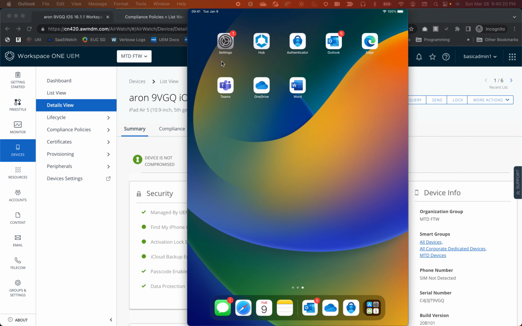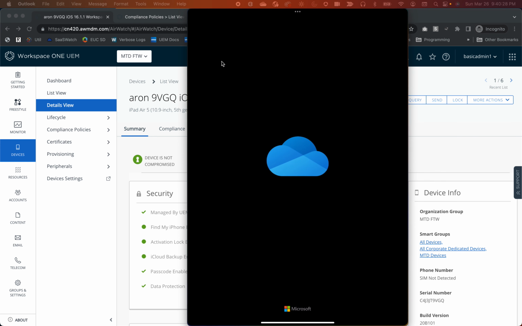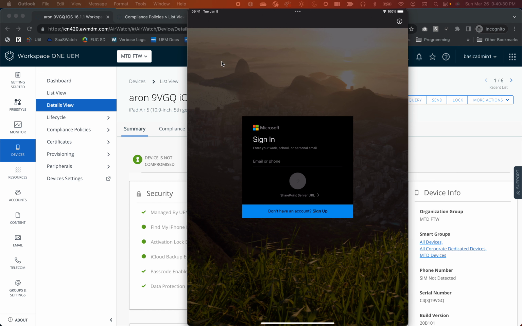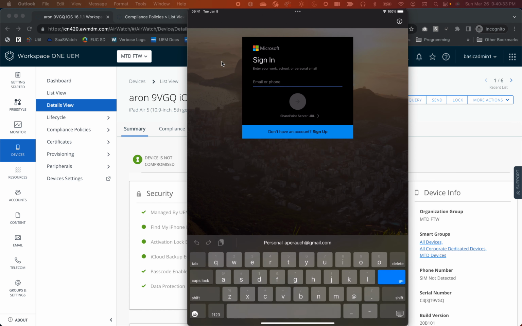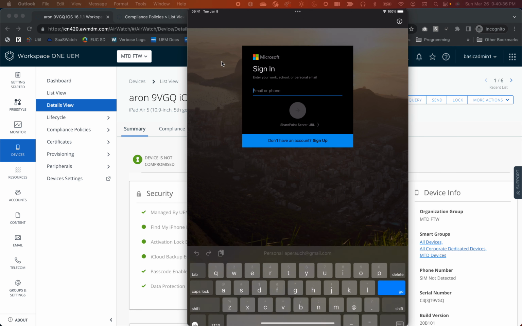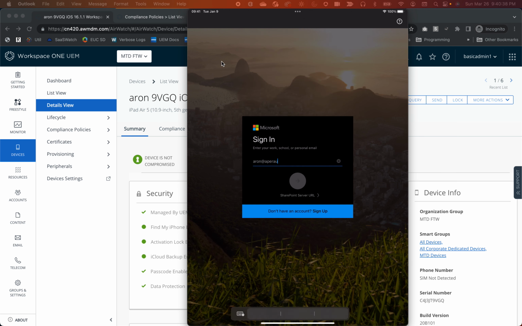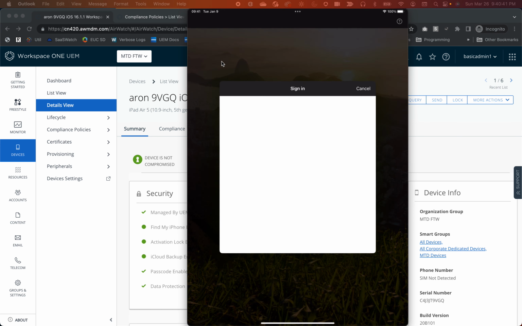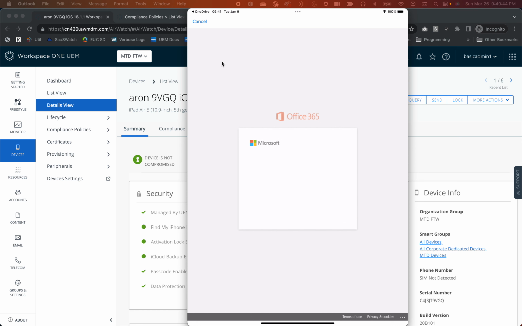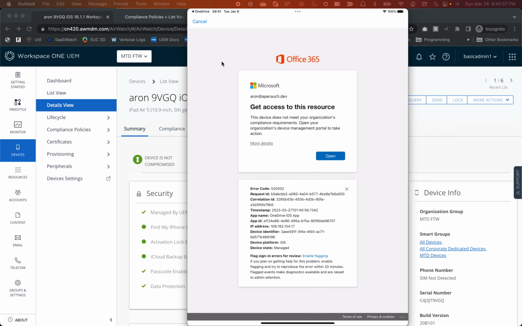Now, let's say it's an app I'm not signed in on, or an app I sign out of and then try to sign in. So we'll try OneDrive here. It doesn't look like I'm signed in, so I will try signing in. This is the Azure AD test account. Now it's redirected me to Authenticator. And then, okay, to get access to this resource: this device does not meet your organization's compliance requirements. If I tap more details here, notice the error code